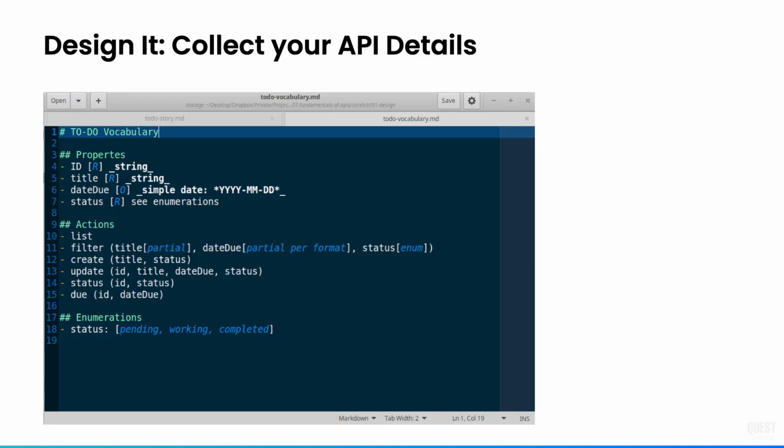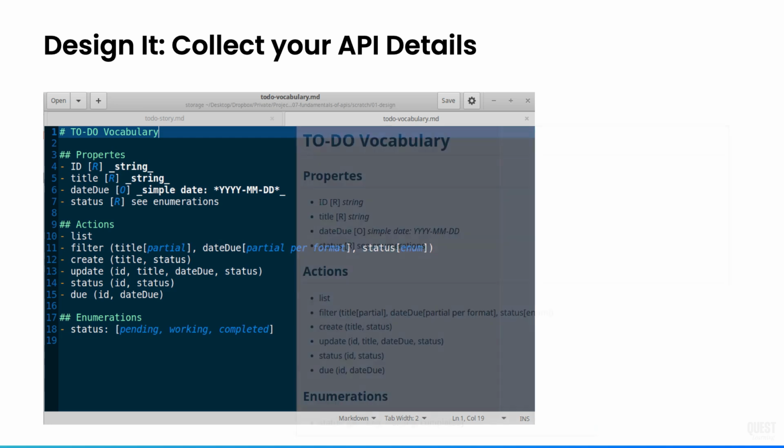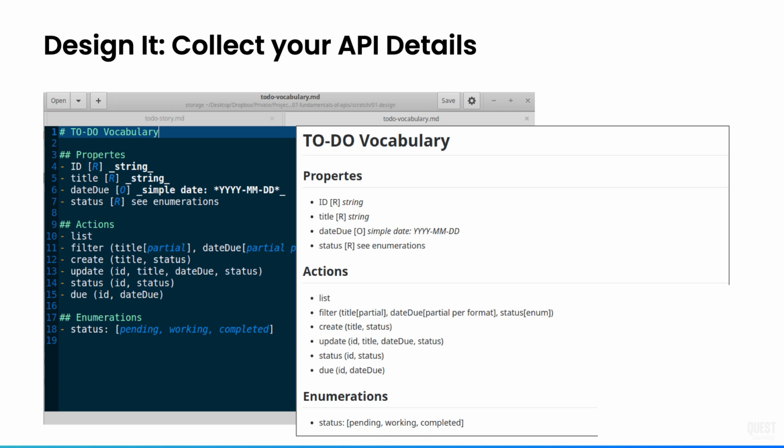So again, I typically just use a markdown document. It's not something really complicated here. I list the properties. I list whether or not they're required or optional. That's the R and the O. I talk about the general value of that. It's a string or a simple date or something like that. Notice in the actions, I will also use arguments as well. So the filter action can take a title or a date due or a status. Creating takes two elements, so on and so forth. And then I list the enumerations in detail as well. So that gets turned into, again, a simple document that just about anybody can read. And we're going to use that as our guide as we now edit our own